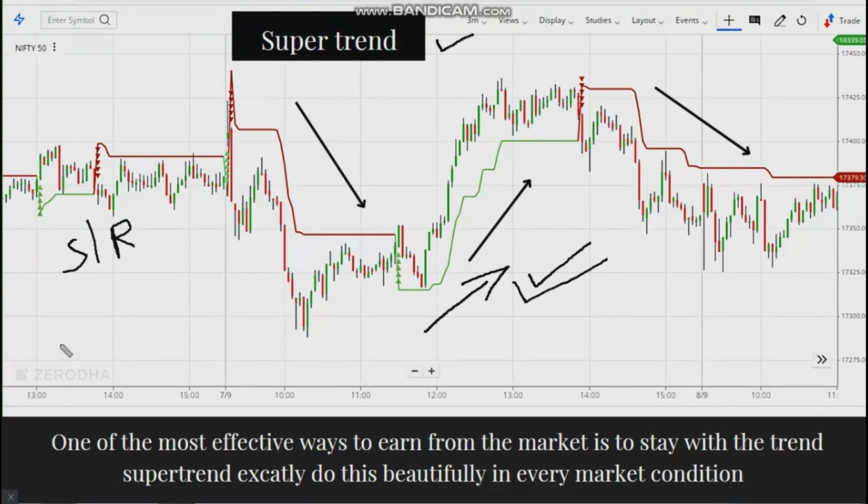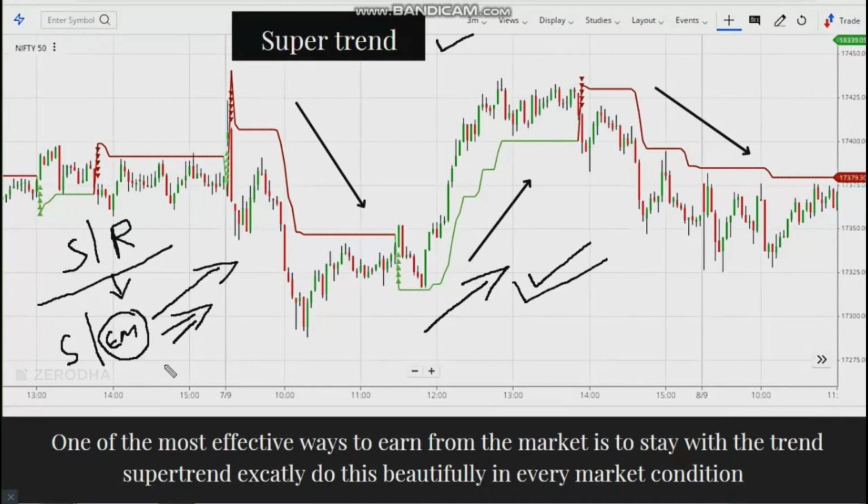However, there are a few more parameters which can help this process. Supertrend is one such indicator which actually helps us in telling the direction of the market. Staying with the market will obviously increase multifold your probability of earning consistently from the market. Exponential moving average also does this. We will come back to this, but right now we are focusing on Supertrend.